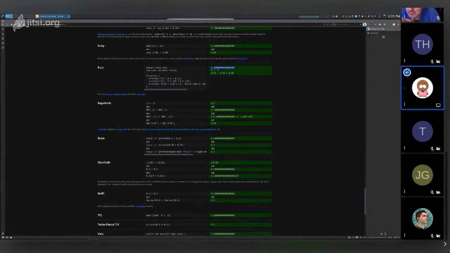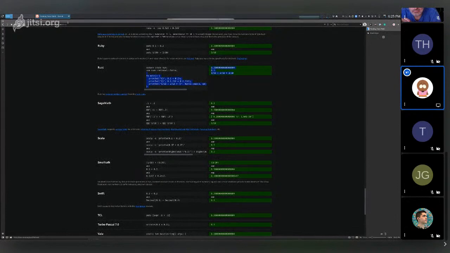So it'll return 0.3 this instead of 0.3. So that's just something to be aware of. The rational ratio crate is pretty well used and reasonable to do this sort of thing.